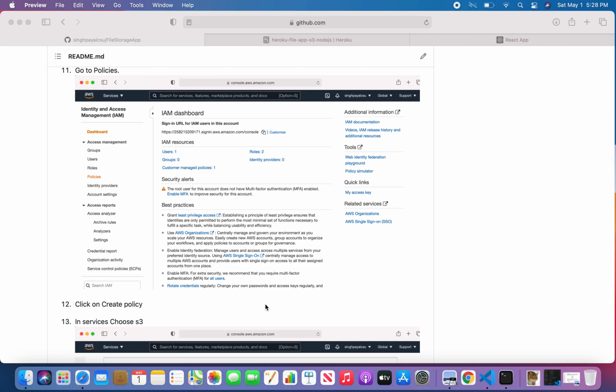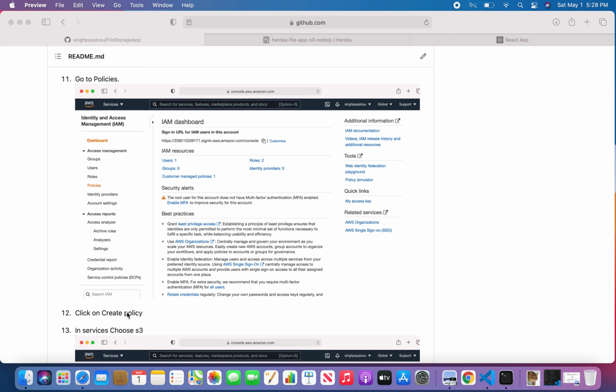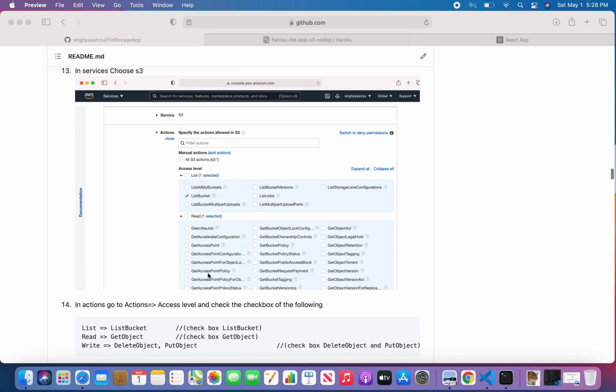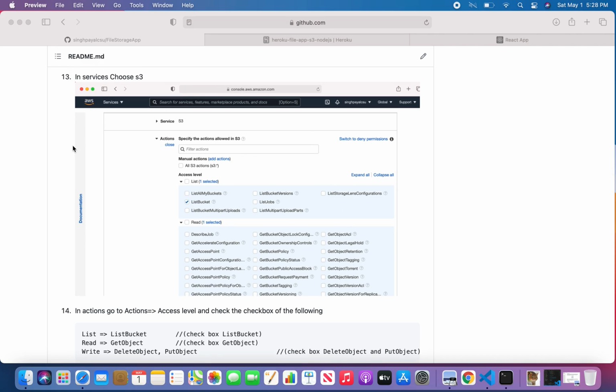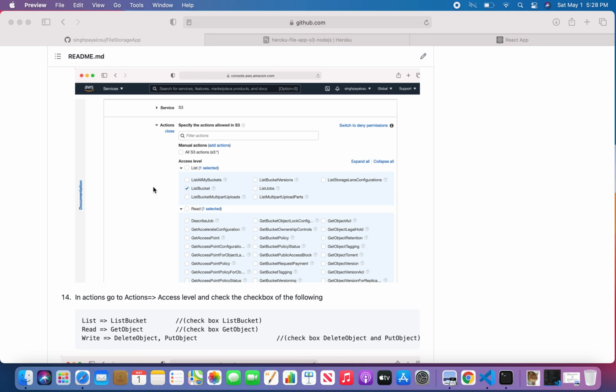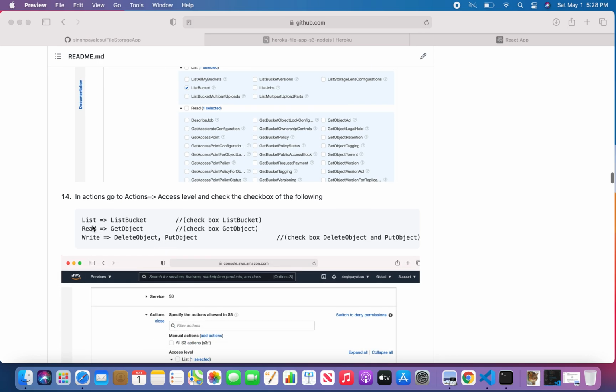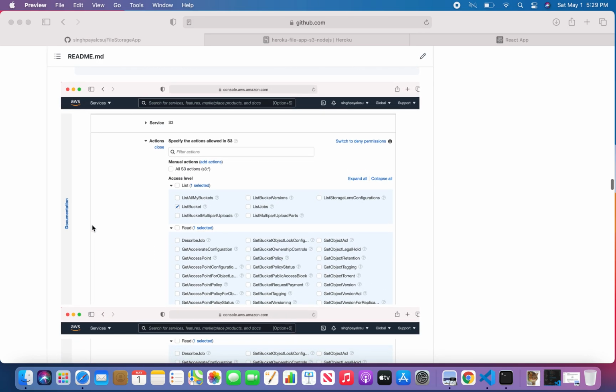Now below you will get an option to create a policy. Just click on create policy, and then this window will open, and in the services you need to choose S3. Just choose S3, and in the actions you can see in the list option, checkbox the list bucket part, and after that we will go to the read section.